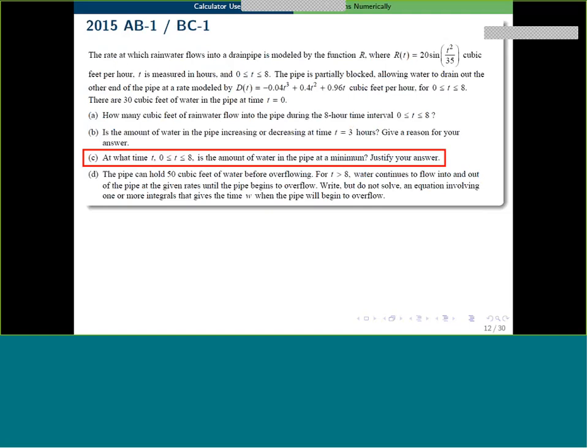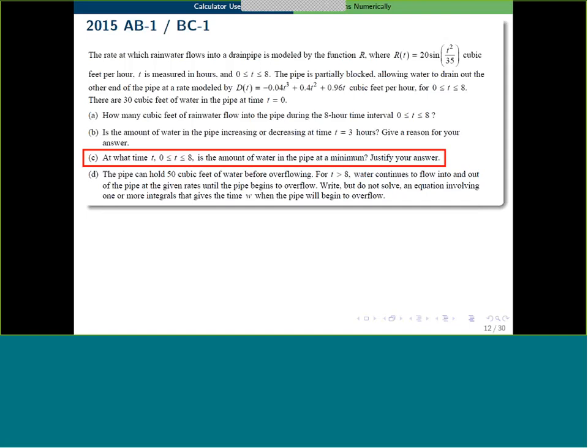Good, okay. Thanks, Vicki. Okay, so the next capability that we want to take a look at is to be able to solve an arbitrary equation numerically. And for this one, I'm going to go to last year's problem, AB1, BC1, the rainwater problem. So we have a rate in and we have a rate out, and we're looking between 0 and 8. And in Part C, we're asking the student, look at what time t in that interval,